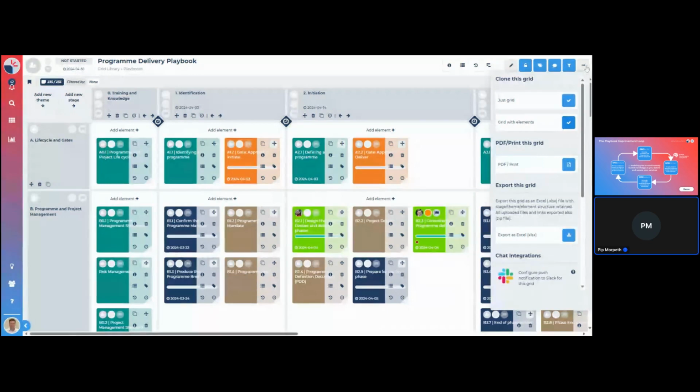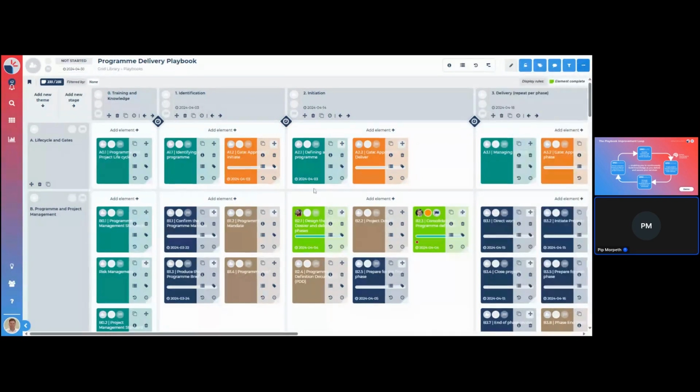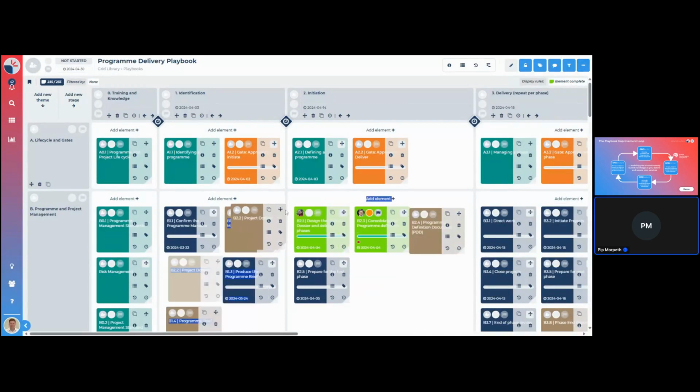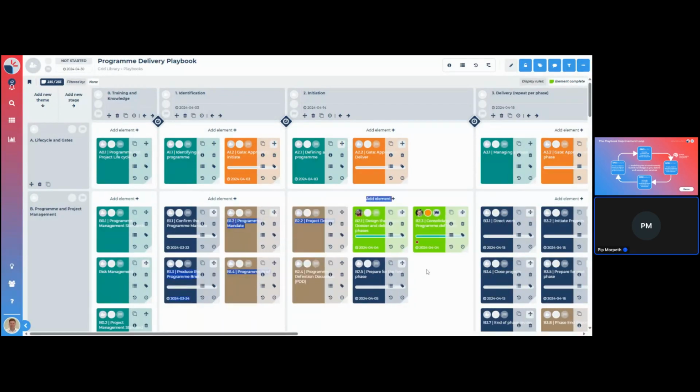project. I won't do that because it'll take about a minute to clone, because what it will do is clone all the templates and all the content and knowledge specific so that I can tailor and adjust it for the needs of my project. But if I wanted to say, oh, well, actually, I'm working with this client and they want to do this deliverable over here, so I'm going to remove that.